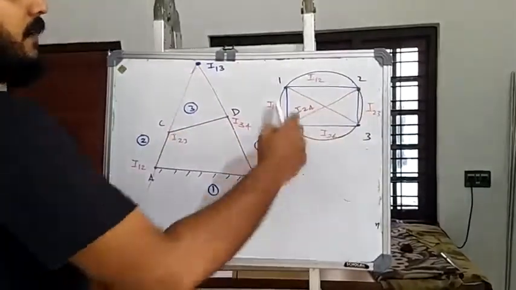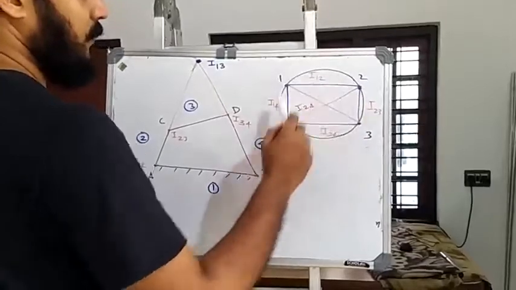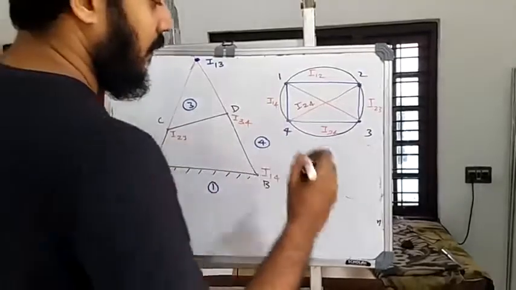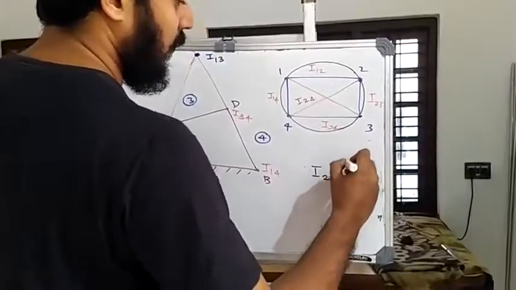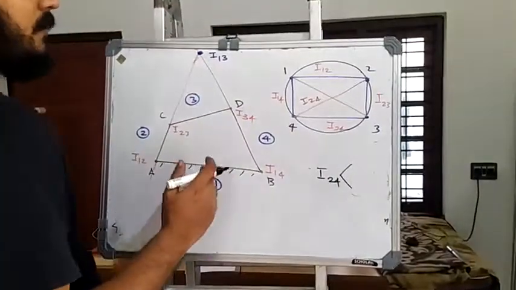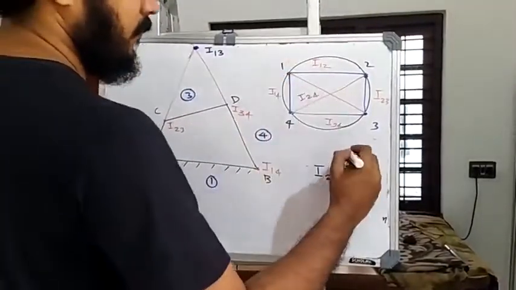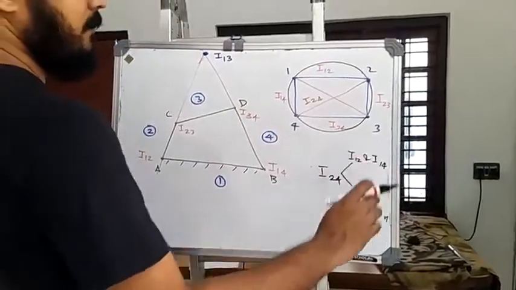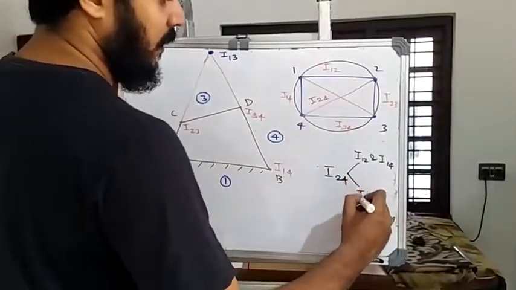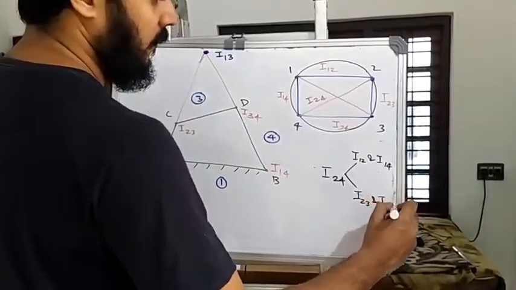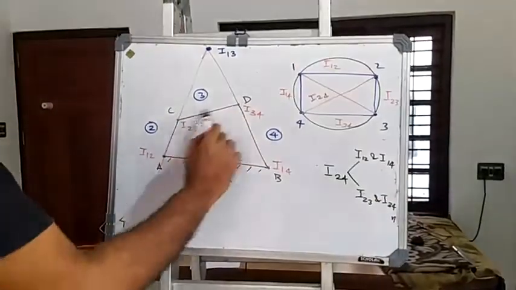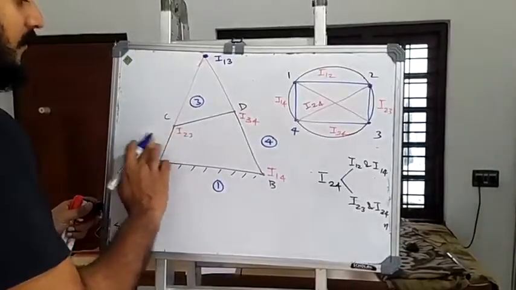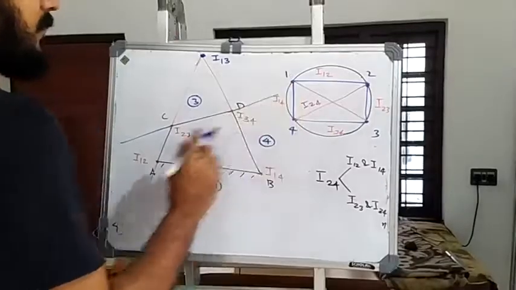Again, this line divides this rectangle into two similar triangles, 1, 2, 4 and 2, 3, 4. Hence, we are going to obtain I24 at the intersection of two lines. Which are those lines? The lines generated by I12 and I14, as well as the lines generated by I23 and I34. So I23 and I34 are already joined using the line CB. What we have to do is extend these two to both sides. I am extending this one.